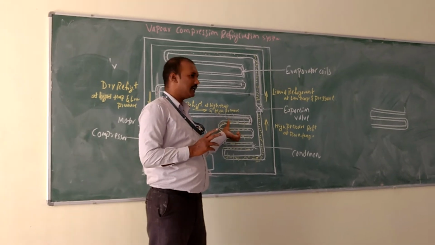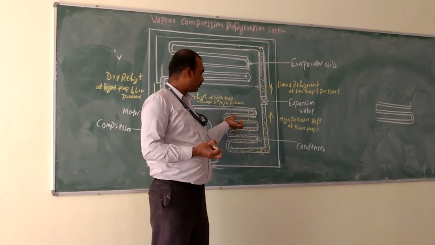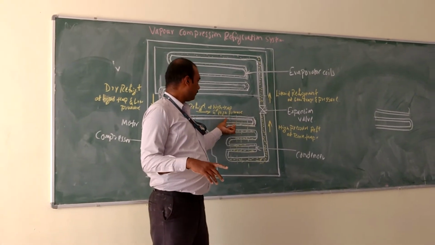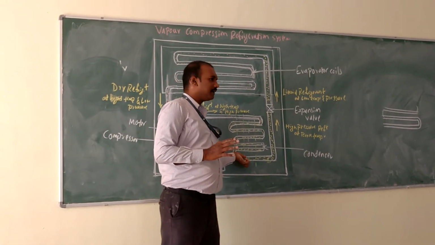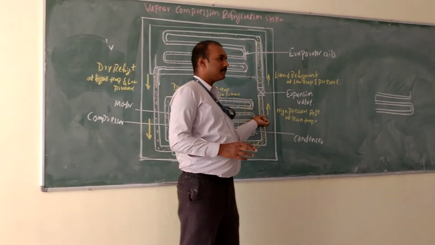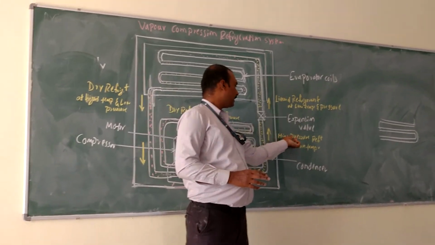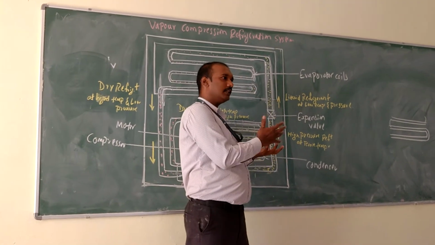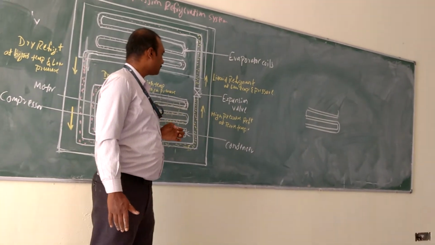The function of the condenser is to cool the refrigerant. So here it is going to cool the refrigerant, but the pressure will be high. When it is cooled, it will become the liquid refrigerant, and the temperature will also be reduced. So when it is passing from the condenser, the condition of the refrigerant is high pressure refrigerant at room temperature, because when it is cooled, it will be at room temperature.